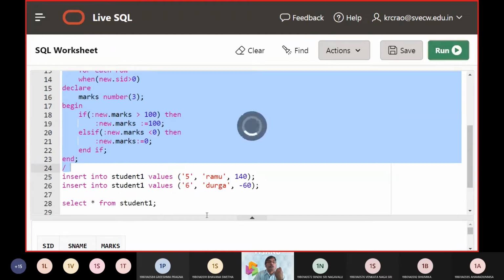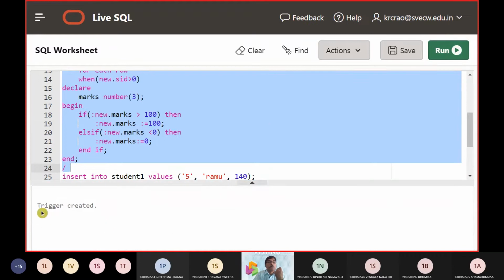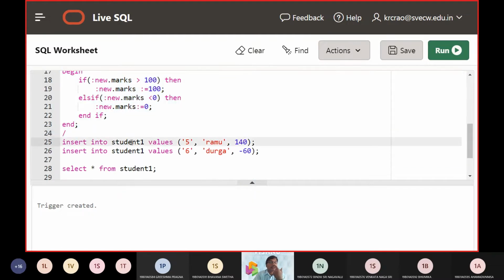Let us create the trigger here and see how it is invoked. Now you can see the trigger was created. Now we will insert into student1 values 5 and 6, Ramu and Durga, with 140 and minus 60.